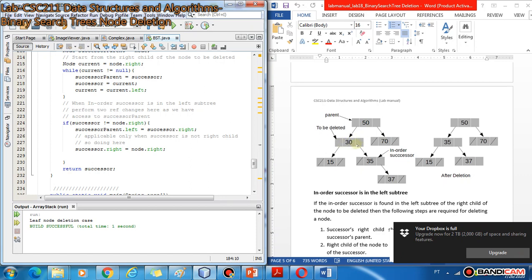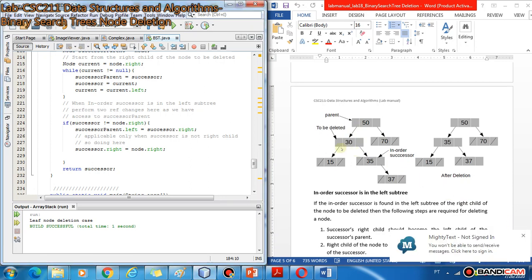If it's the left child of its parent, then parent dot left should point to the successor, and the left child of the node to be deleted will become the left child of the successor. So 50's left child would be 35 and 35's left child would be 15. This is the condition when the successor is the right child of the node to be deleted.